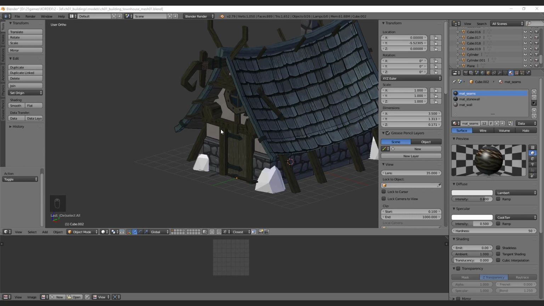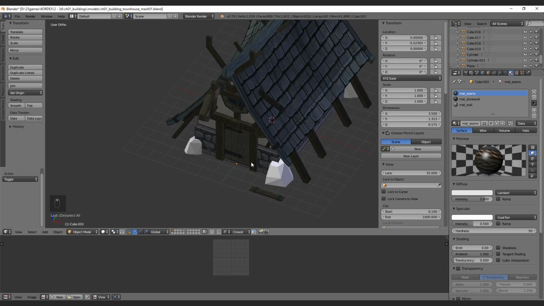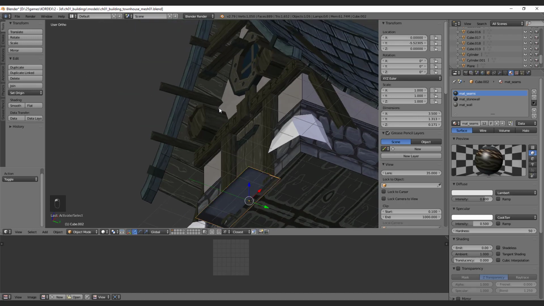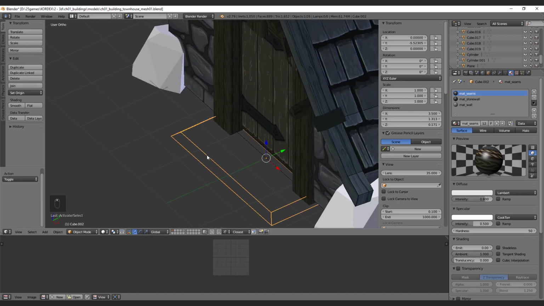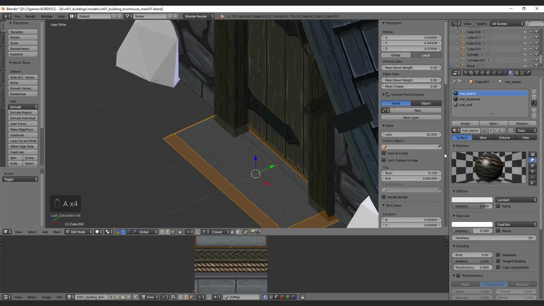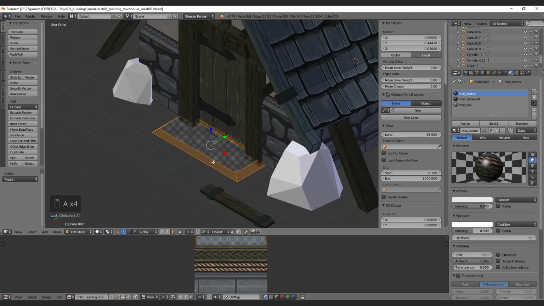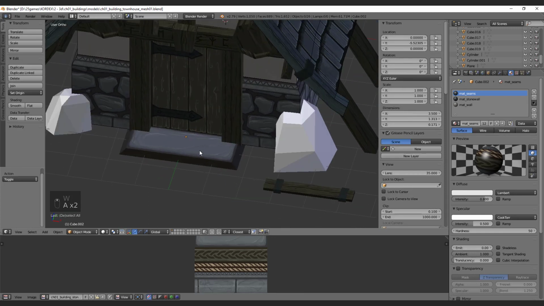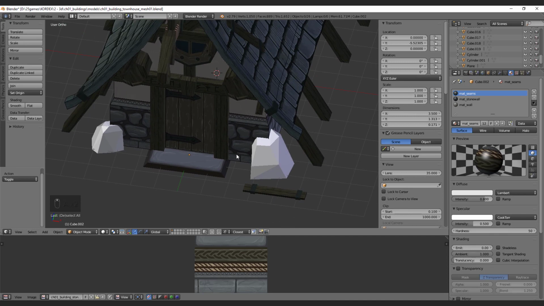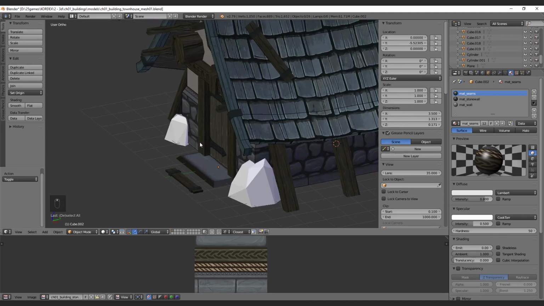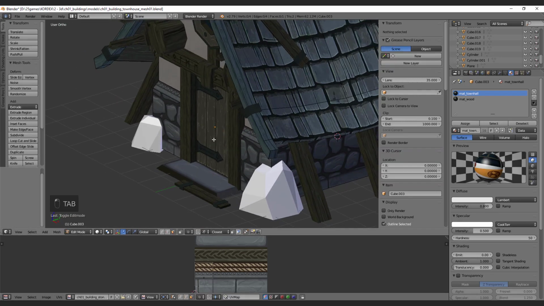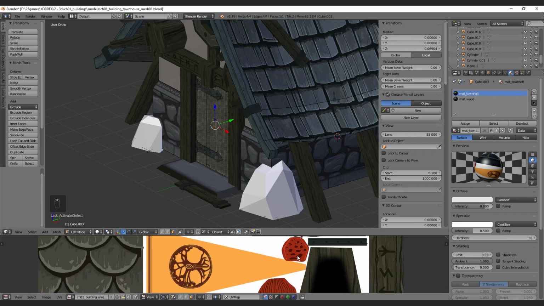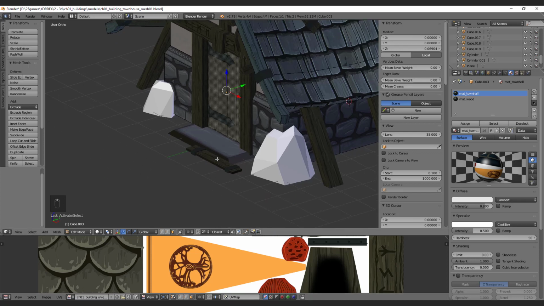Well, okay, next I want to add the shrooms, but I just see that we have here backface culling. No, backface culling is bad because it was extruded, and you know what we can do for this one now. Just flip normals and then everything is fine. Perfect. I want to add shrooms now. I know that I have here a shroom texture in my townhouse building, and I just will assign this